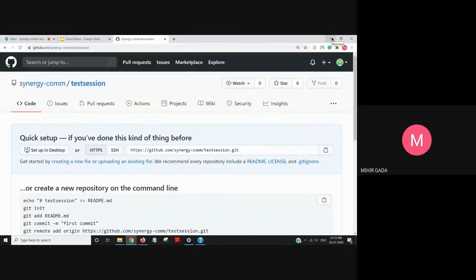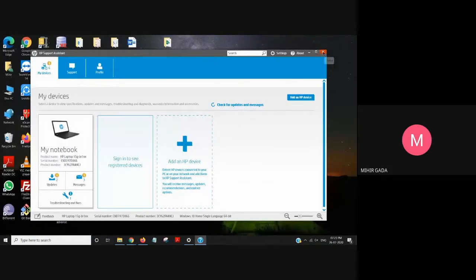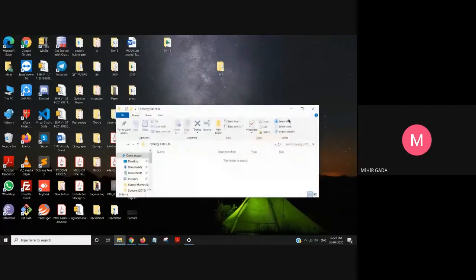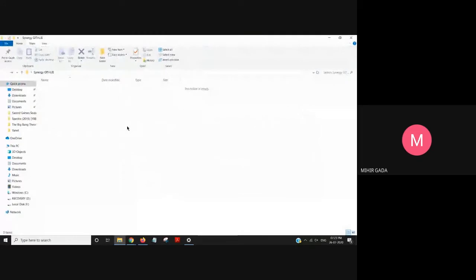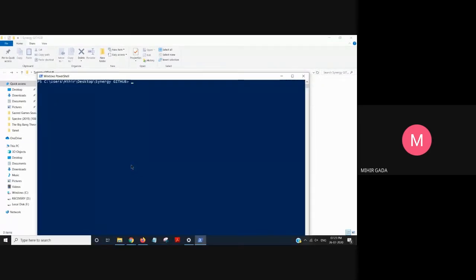If I'm going fast, please tell me, I will slow down. Now I go to my folders. I will shift right click and open my PowerShell here. We can use the command prompt also, but currently I have not configured my command prompt, so I'm using Windows PowerShell.